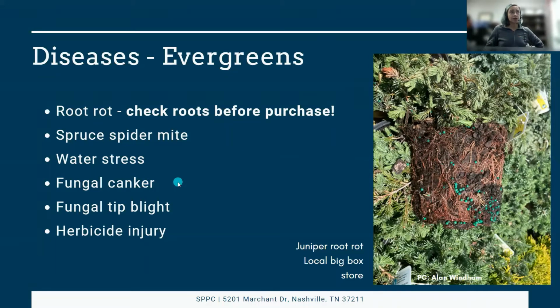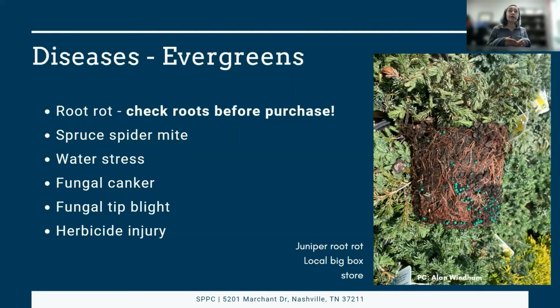Fungal cankers are very common on evergreens. Phytophthora root rot can cause cankers farther up the tree. I see a lot of Seiridium canker, a lot of Botryosphaeria canker, and the cankers are usually associated with stressful planting conditions as well. So we always want to be examining branches and the main stems for any sap oozing, any bleeding. Those are good signs that we have a canker pathogen.